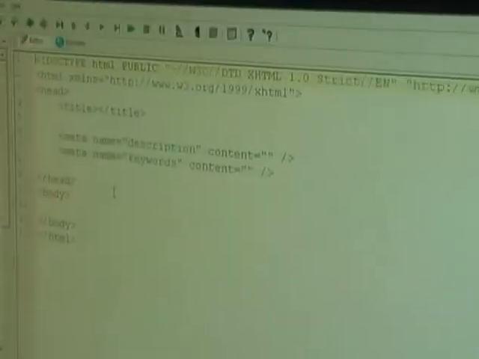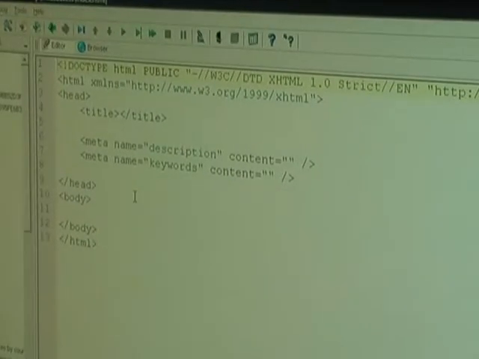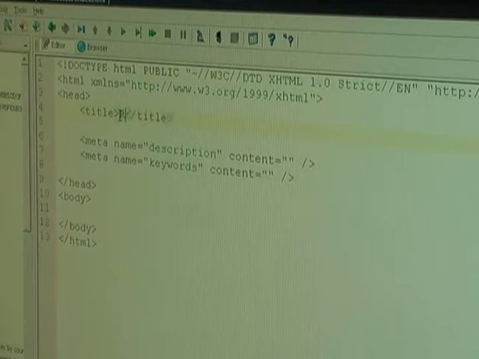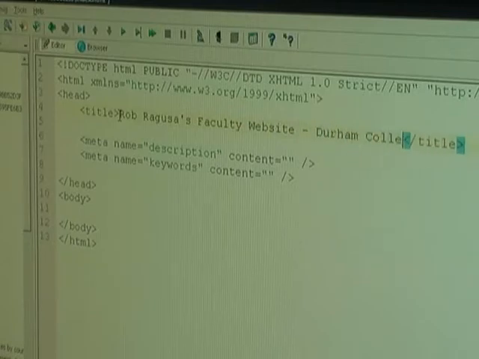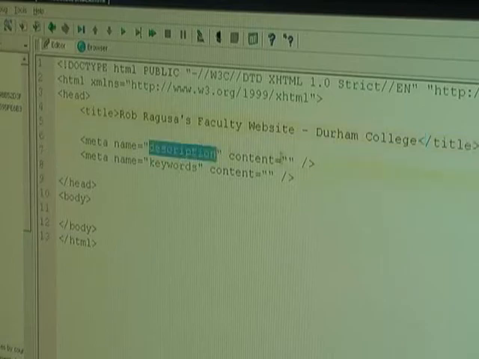Here we go. Okay, so there's the code. And I'm going to create a title. Okay. And you'll notice that we covered description and keywords last class for SEO,